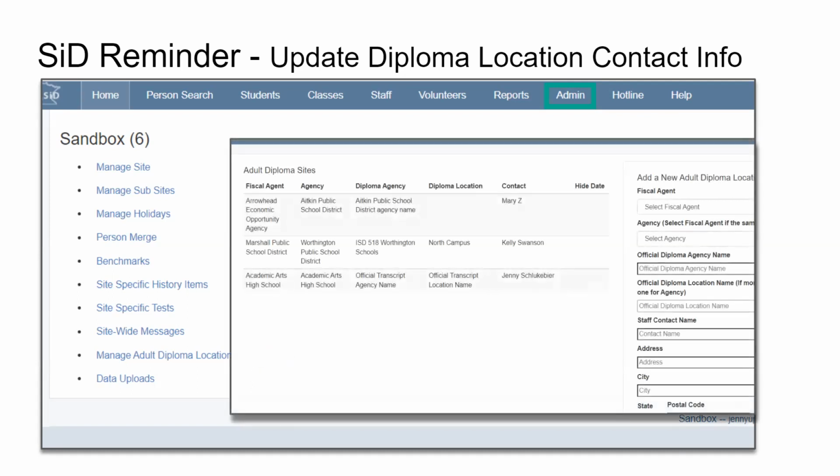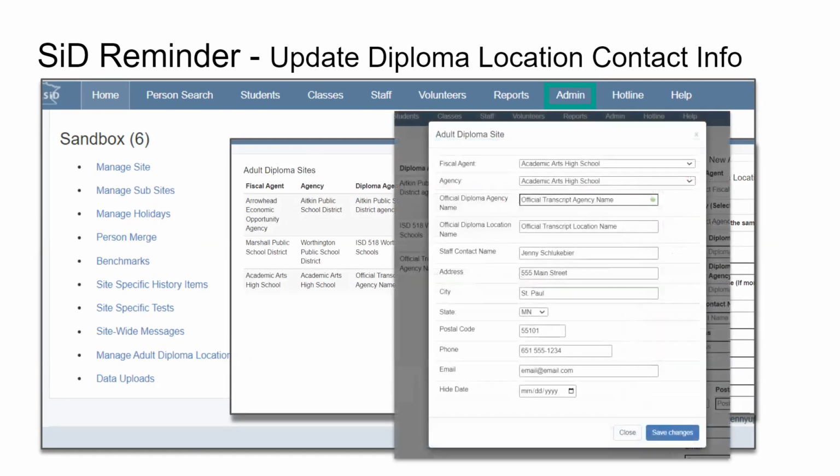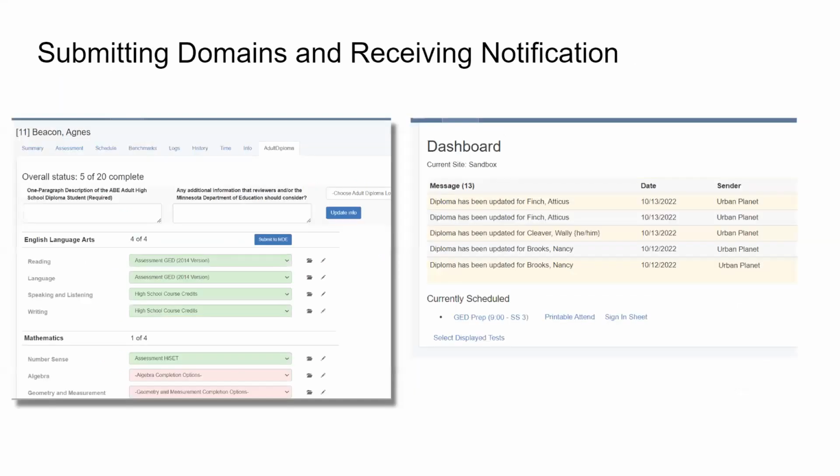This will list your various diploma locations, and many of you just have one location, and that's probably normal and fine. Bigger programs, especially corrections, have a number of diploma locations. You can click on any one of those and you would get a box like this where you can update any information, most importantly the name of the staff contact for that diploma location and their email address. If you've done that and your info is up to date, you don't have to worry about this. You only have to worry about it if there's a staffing change once it's been set up. We just like to remind you that it exists. Go ahead to the next screen.